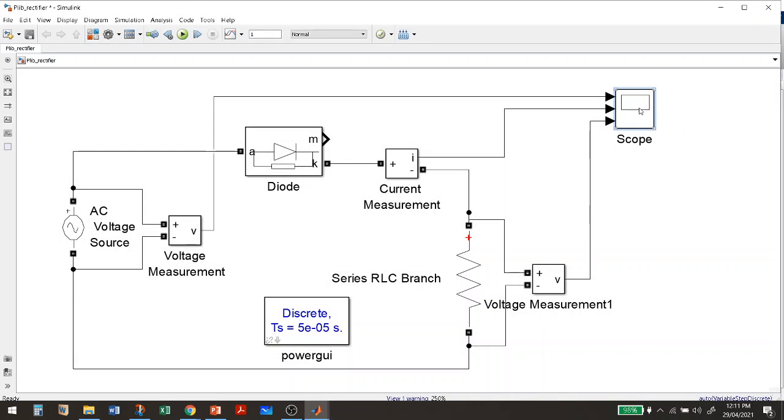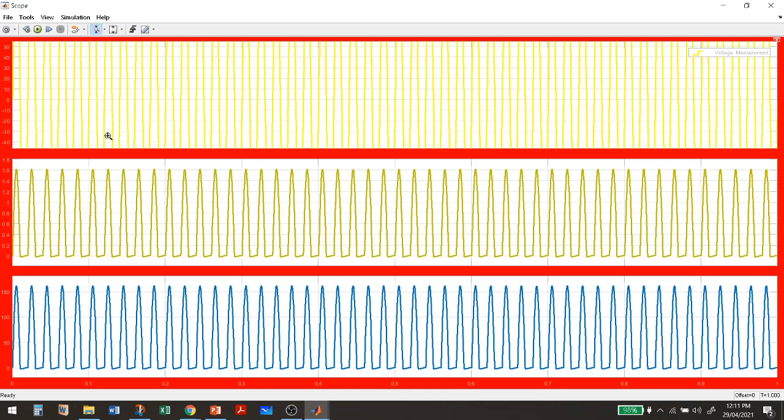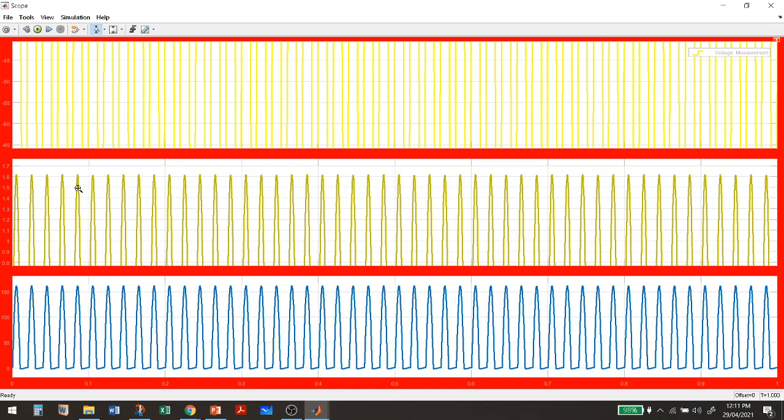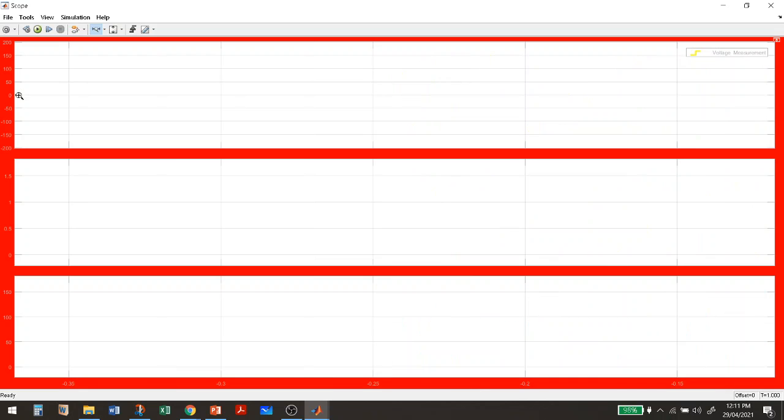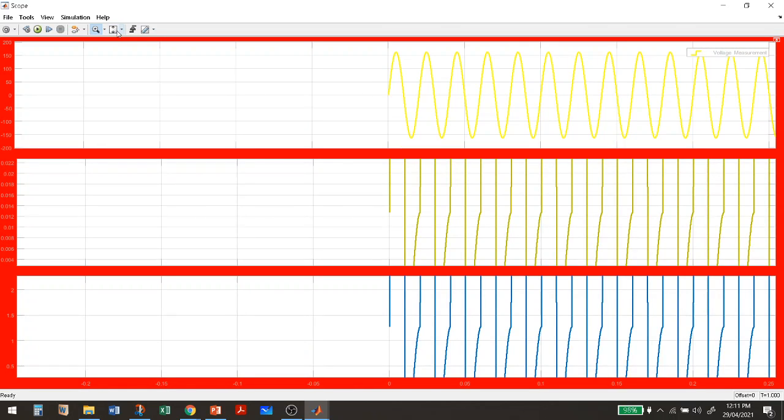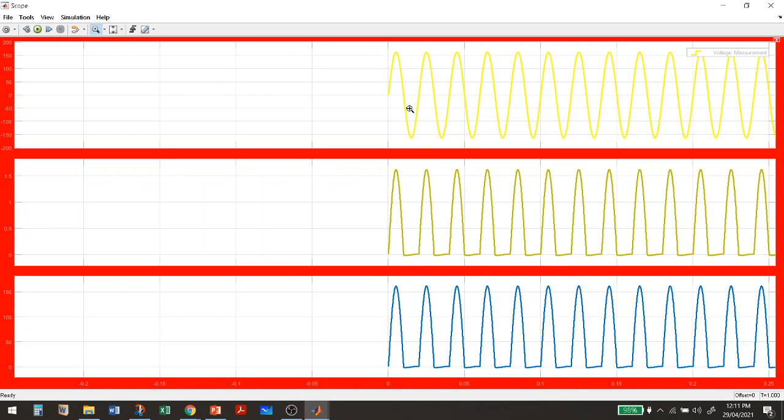You can run it again, you can check. I have shown the y-axis, this is for the x-axis. I don't know why it is not changing. Okay, so this is the input for the positive cycle. It is, you can say, input current, and then it is the input voltage.